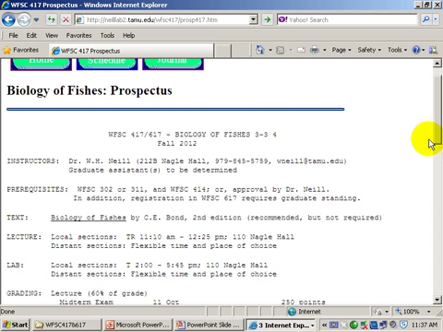Text is Biology of Fishes by Carl Bond, 2nd edition. Very good book. An old fellow at Oregon State, excellent scientist. But it's not absolutely essential. You know, it's good background for people that want to read a textbook. So it's not required. You can probably pick up a copy at local bookstores, maybe half.com or someplace like that used. If I had to point you to a textbook, I guess it would be this one in my hand,